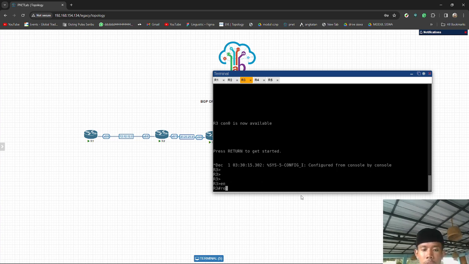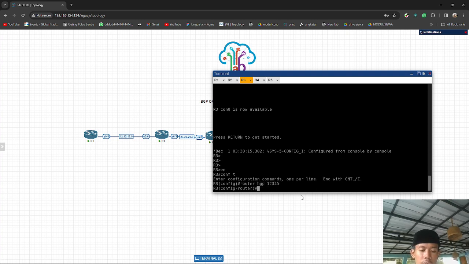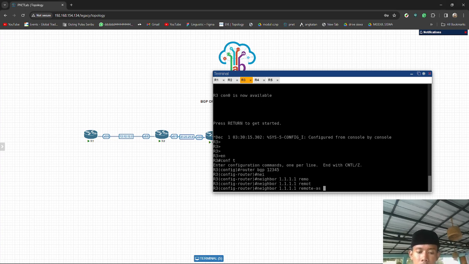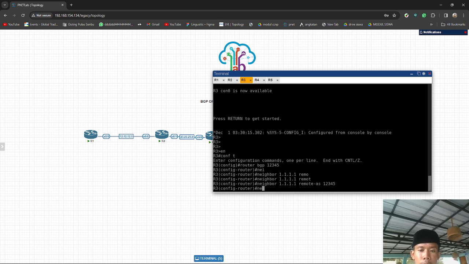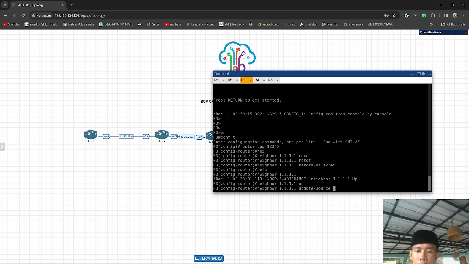Configure terminal, router BGP 12345, neighbor 1.1.1.1, remote AS 12345, neighbor 1.1.1.1 update source from loopback 0.